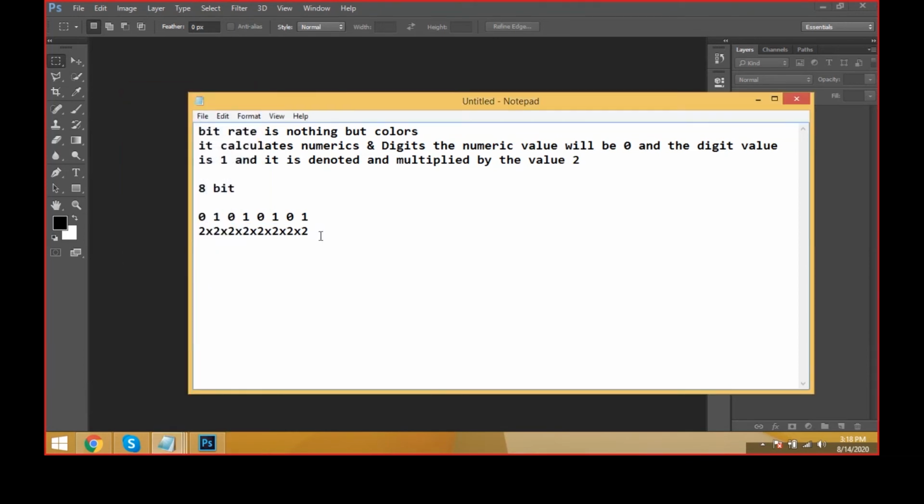What is it saying? 256. If you come to the colors, it's 256 colors. Why? Because the digit value is calculated from 0 or 1, so 0 to 255 colors.